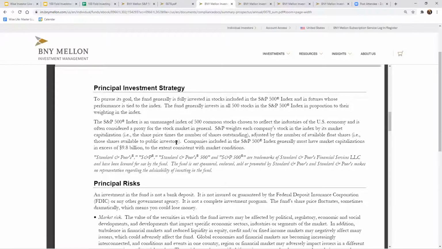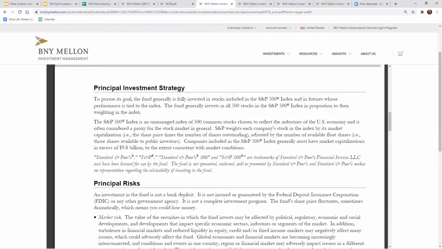So it's going to give more information about what that really means. Companies included generally must have market capitalizations in excess of $98 billion. So this gives you the general standard of what you have to qualify for in order to even get on the S&P 500.